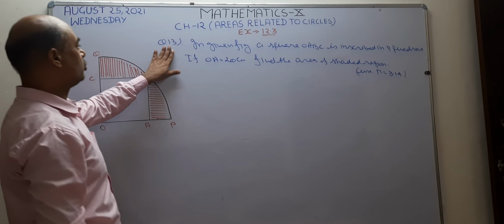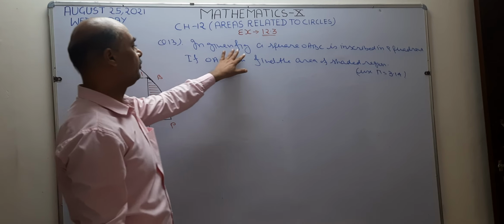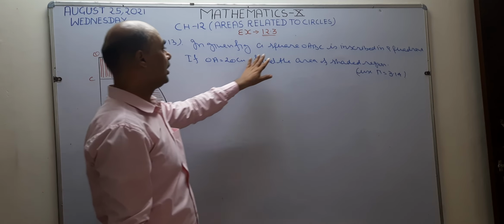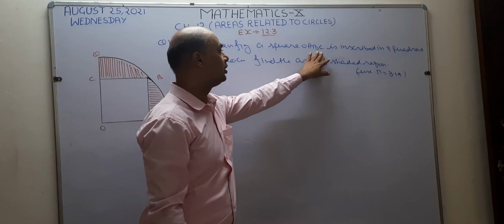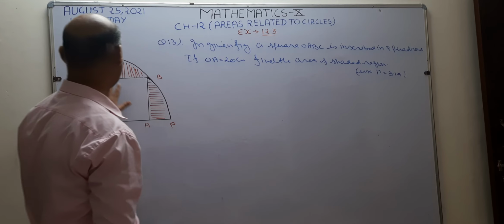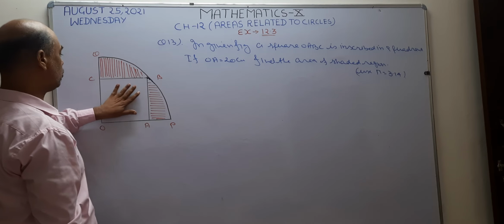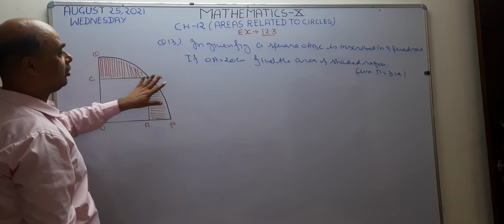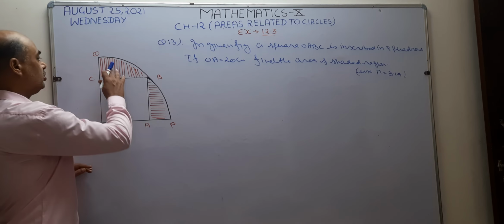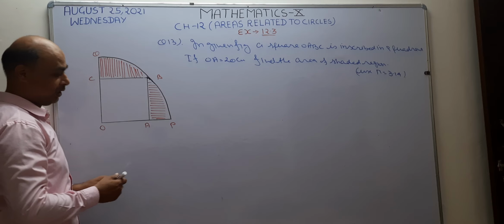Now we are going to solve question number 30. In the given figure, OABC is a square inscribed in a quadrant. Means this is your quadrant, and in this quadrant, this square is given. We are going to find the area of the shaded region. Okay, how do you solve this question? See,